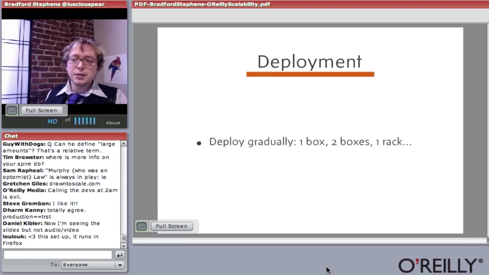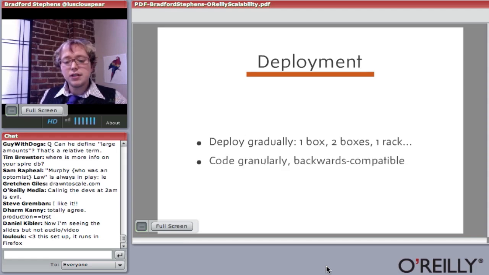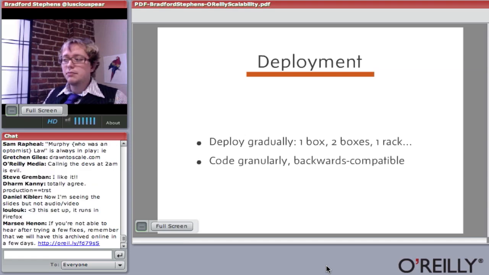Another really important thing when it comes to this canary in the coal mine, and to understanding that there's a big difference between production and test environments, is that you should write your code to be backwards compatible and deploy stuff really gradually. So, deploy to one box, leave it alone for a day and see if that's working. Then deploy something to 2 boxes and see if that's good. Then deploy it to a rack or to 20 boxes. And then you can see if anything's going to crash, and you can roll back as much as possible. There's a great, I think it was a Velocity talk a year or two ago from, I want to say Flickr. Was it Zappos?